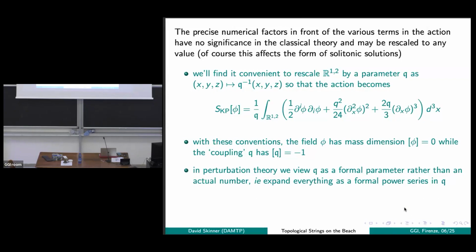In particular, if I rescale the coordinates by some parameter q, then I end up with some action which looks like this, which is totally equivalent. I think I maybe have introduced some numbers as well. But in any case, these actions are totally equivalent after rescalings, but it's going to be helpful for me to think of the action this way because it introduces this parameter q, which I can think of as like a coupling constant. In particular, it now appears in front of this interaction term. And this coupling has mass dimension -1 with fields normalized like this. And so it's a non-renormalizable coupling.